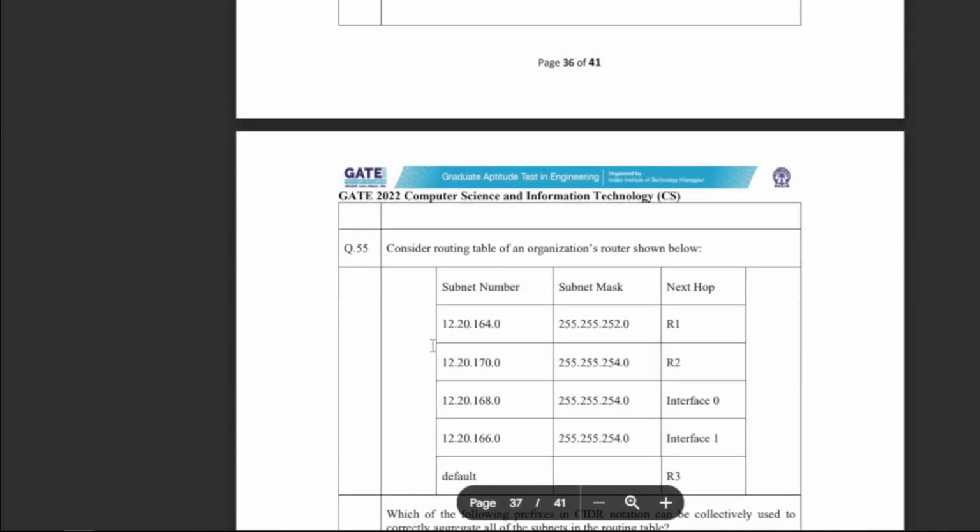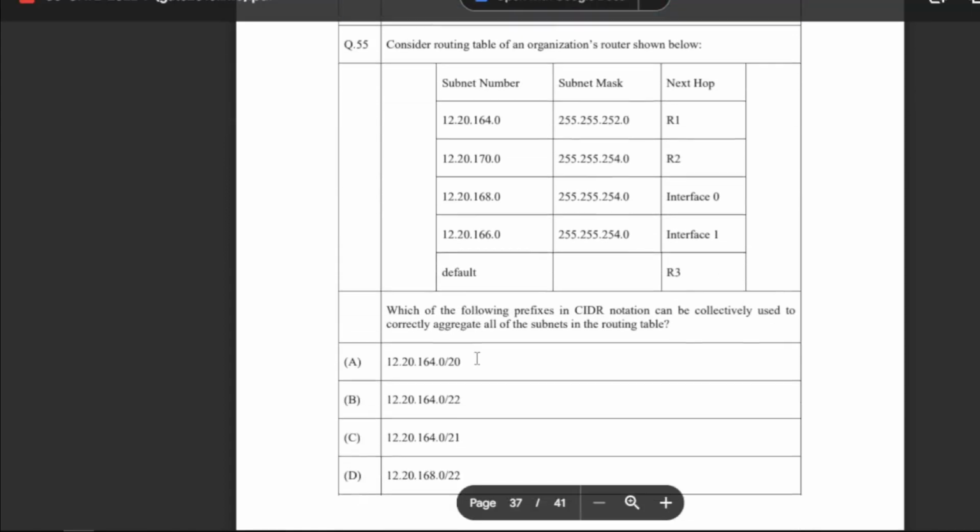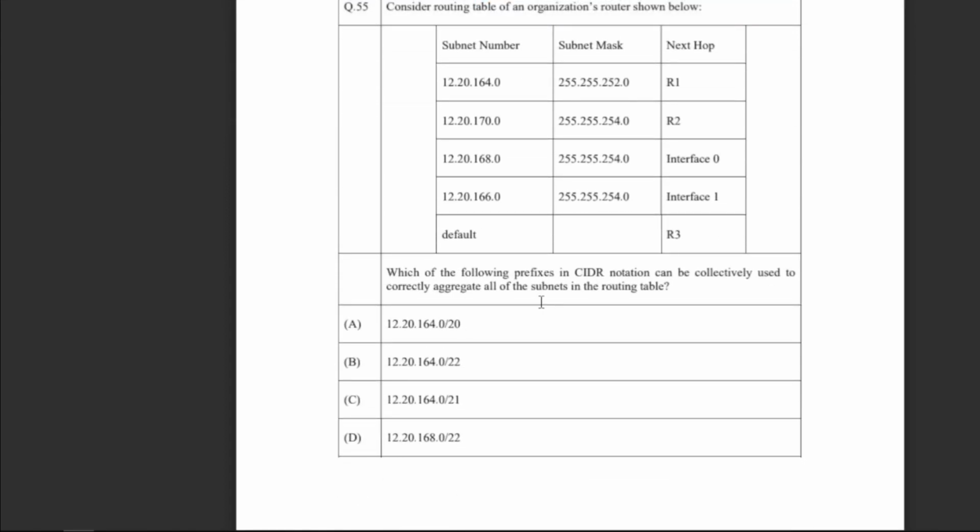Now consider the routing table of an organization's router shown below. And which of the following prefixes in CIDR notation can be collectively used to correctly aggregate all of the subnets in the routing table? 55, B and D. So B is 12.20.164, this one, and D will be our